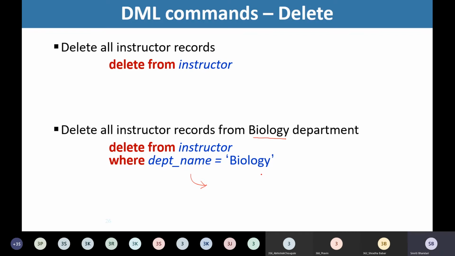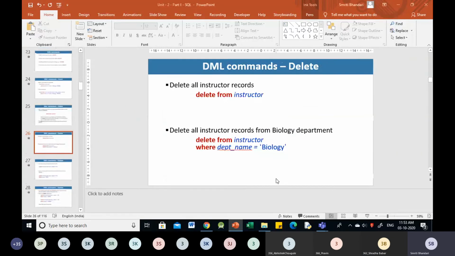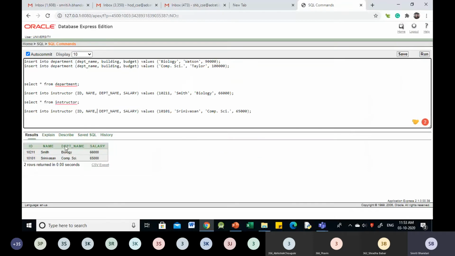Yes, ma'am. Any doubt? No. Okay, so let's try to execute these statements. We now have these two records in instructor table, right? We'll do both the things. First we'll provide the statement delete from instructor.